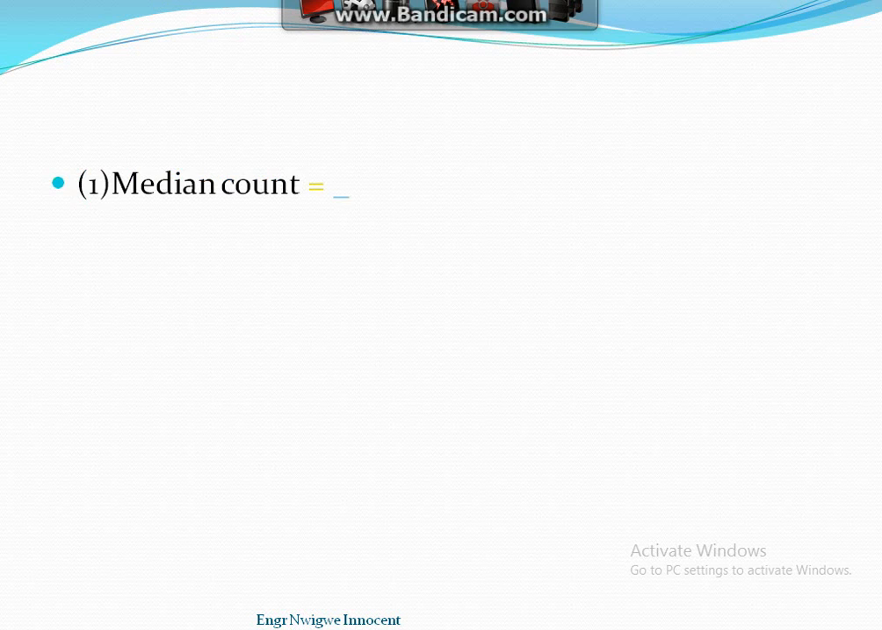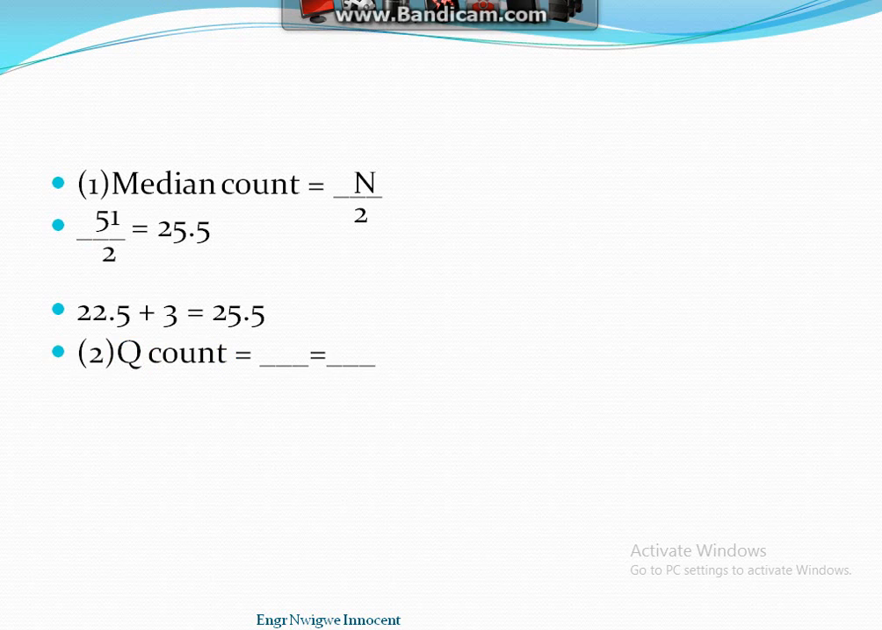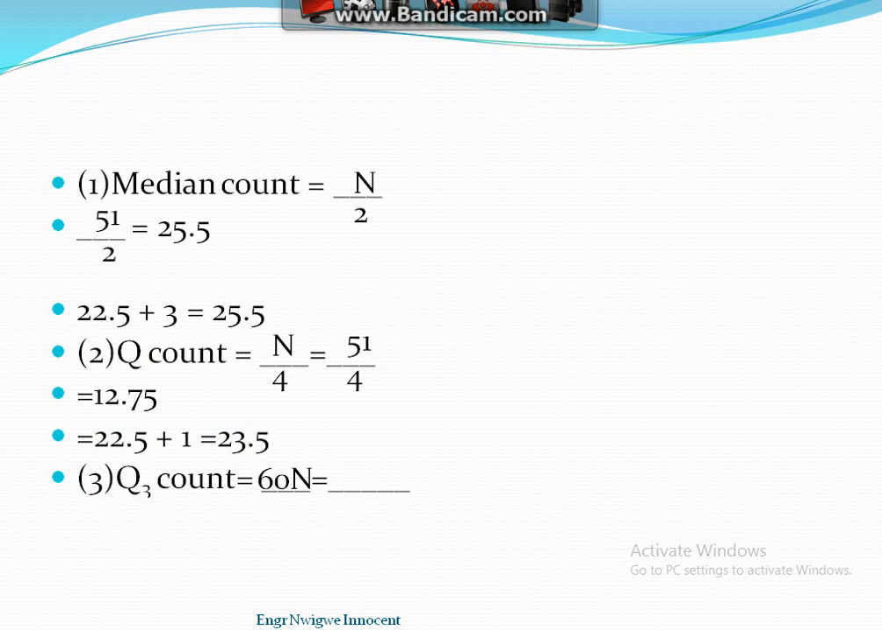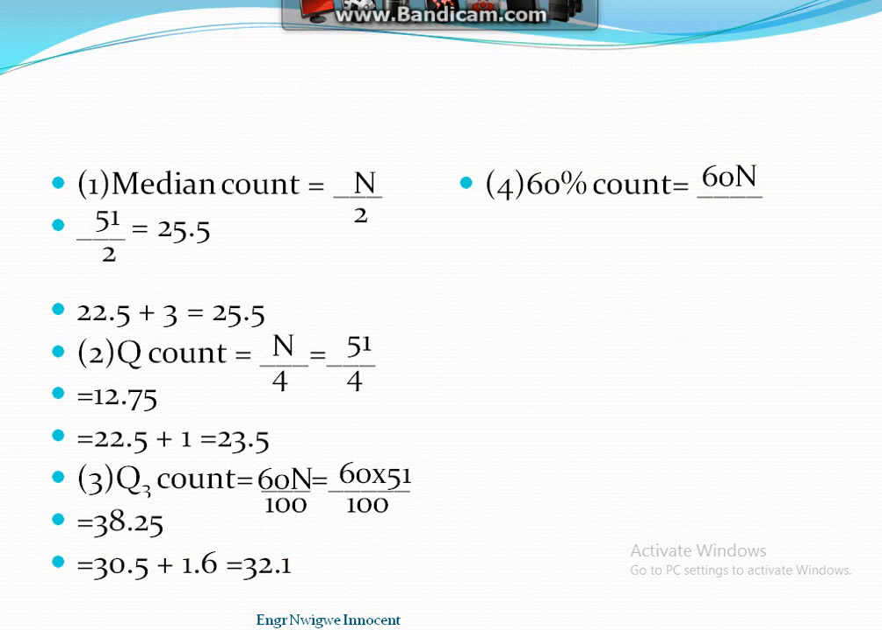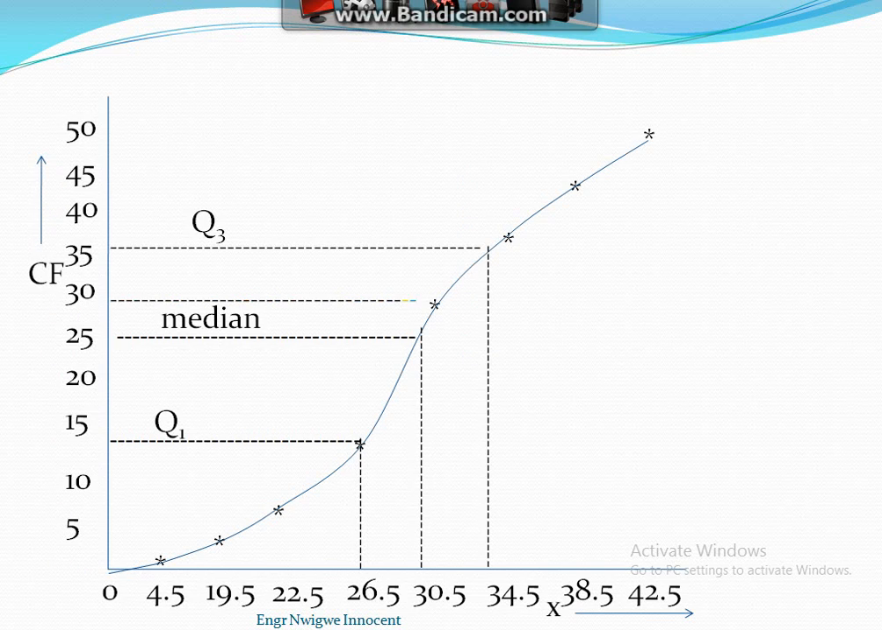Then the lower quartile count is equal to n over 4, which is equal to 51 over 4, which gives us 12.75. You come to the graph, you trace 12.75 along the vertical axis of the frequency towards the ogive curve, where they meet, then trace it downwards to the class boundary. Then what we get is 22.5 plus 1, which gives us